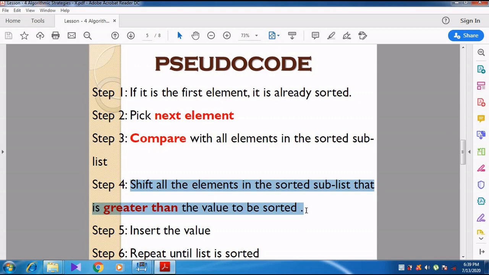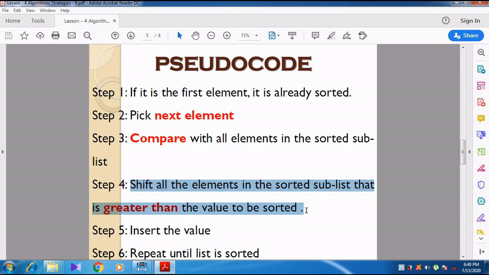So first of all we take one element, and then we compare it with the element which is already sorted. If the element which is already sorted is bigger, then when we compare with the second element, the second element should be placed in the first position.